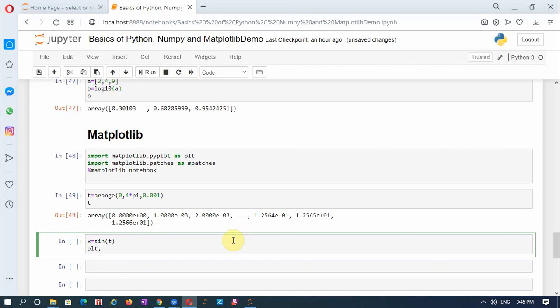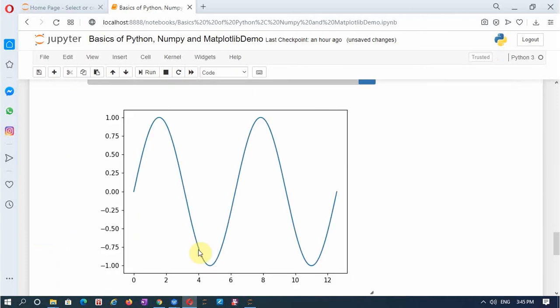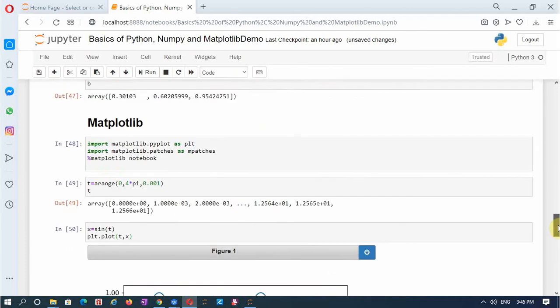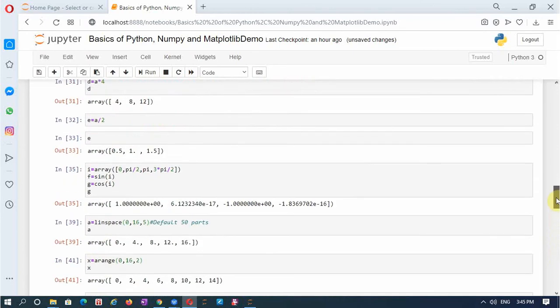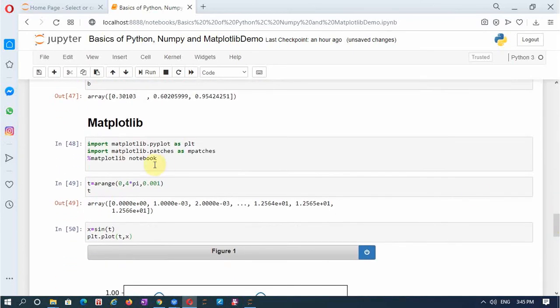Then plot this T versus x with plt.plot. The x axis is T and the y axis is the function x. So now I am getting the sinusoidal waveform for 2 cycles, and since I have imported matplotlib notebook, this percentage matplotlib notebook will give the plot in an interactive manner.